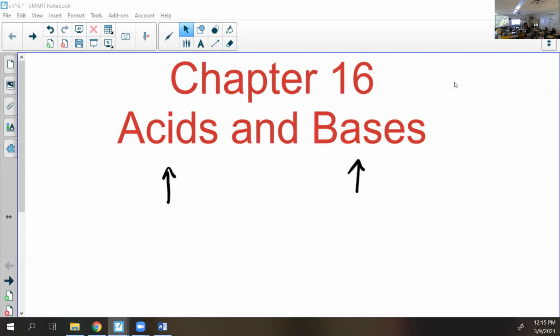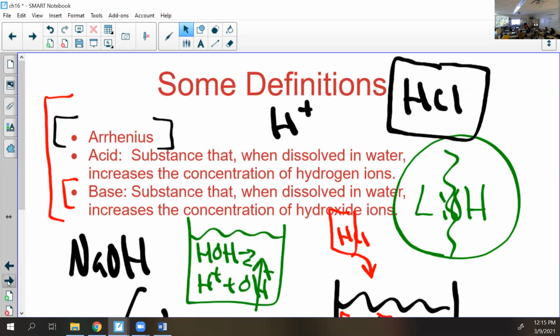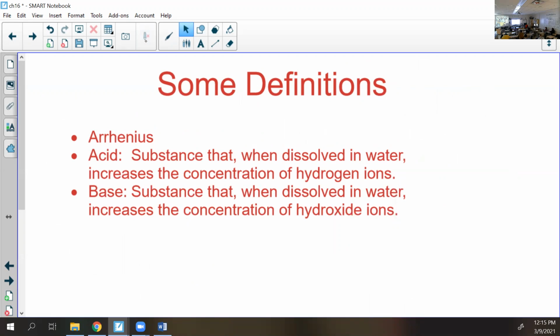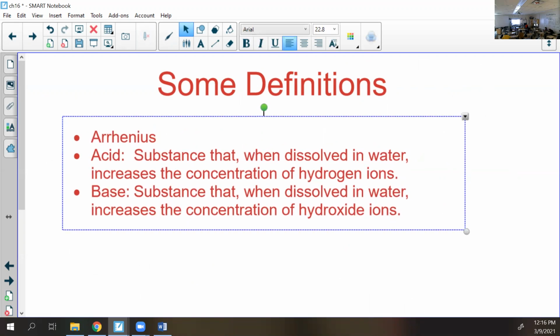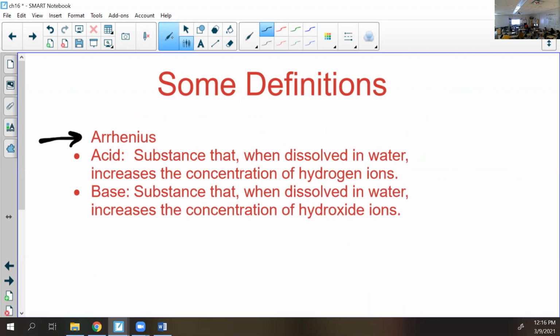All right, so we've sort of talked about acids and bases before, but we really are going to talk about them now. So some definitions. There are multiple ways that chemists describe acids and bases. The most typical one is called an Arrhenius definition. We've never really talked about it this way, but from now on, just know that an Arrhenius definition of an acid is something that when it dissolves, it increases